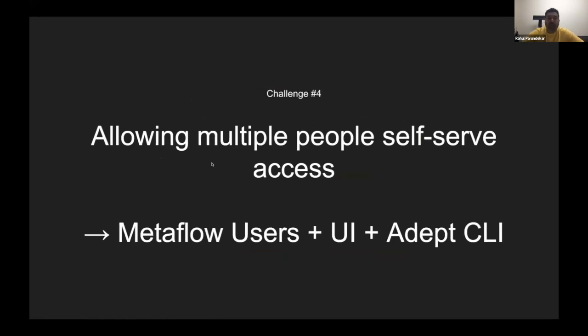Got it. So the last challenge was, how do we allow multiple people to create self-serve access? Fortunately, we had figured out how to connect these flows together with decorators. There was obviously the UI, which shows people how their jobs are running and so on. And also, we created an internal Adept CLI, which allows people to launch jobs without having to